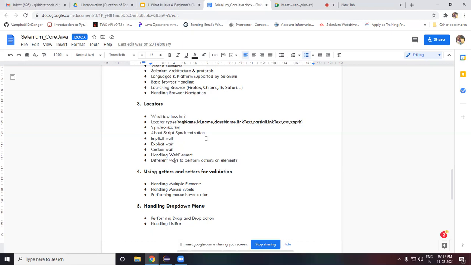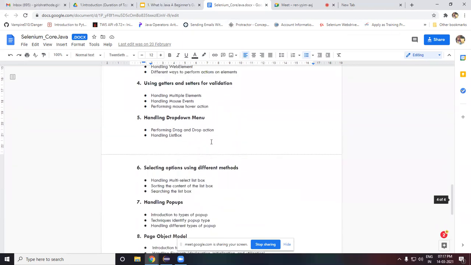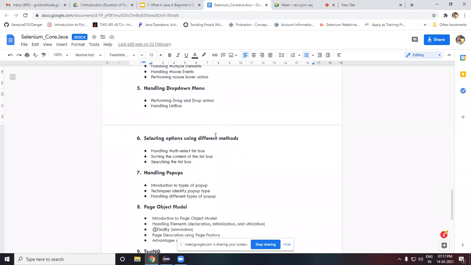Later on we'll be dealing with drop-down menus. Drop-down menus are nothing but your select options, the Select class. So how do you handle drop-downs? Using the Select class, we have select by value, select by index, and select by visible text.